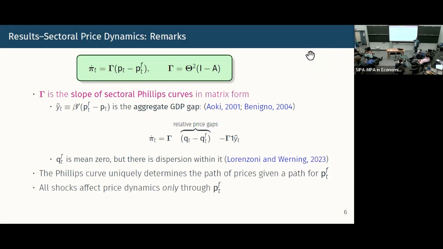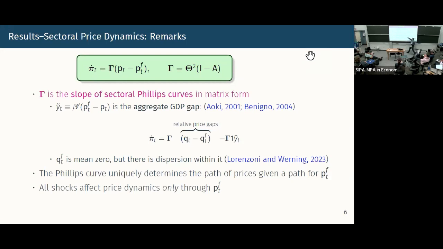Now, in a one sector economy, we also know that if you close the output gap, you close inflation. If you close inflation, you close the output gap. But when you have these relative price distortions, then that's not the case anymore. You can have a policy that closes the output gap, but you still get inflation because these relative prices are distorted, which is a very fundamental insight that doesn't really relate to networks, but here's a manifestation of that in a Phillips curve.